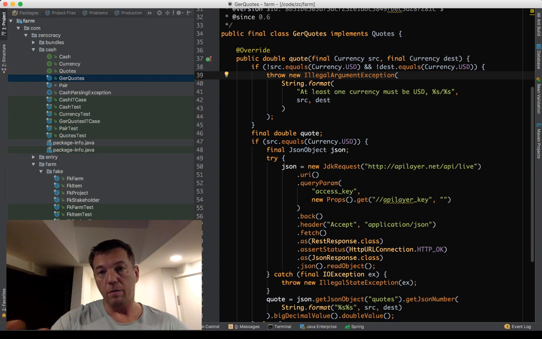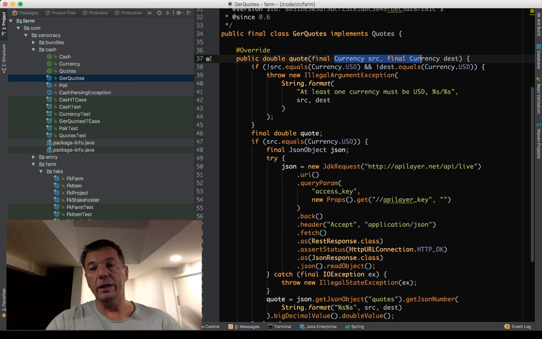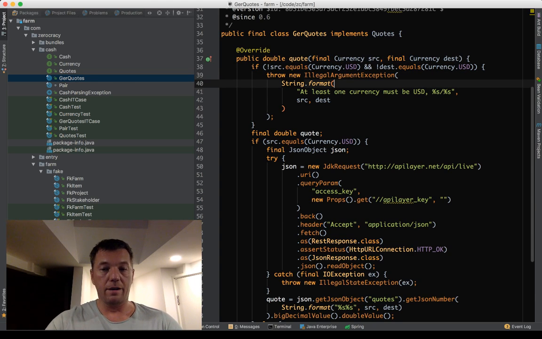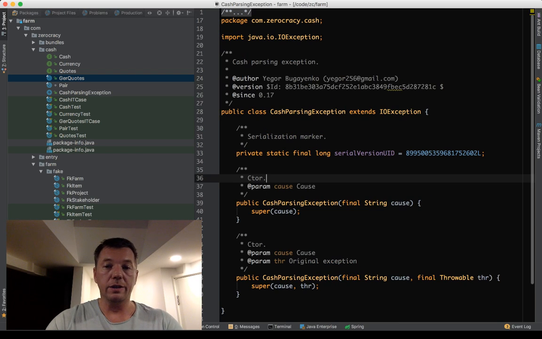And here comes the problem of reusability. For testability, we don't want that. We just catch the illegal argument exception. For example, we want to check that if you provide two currencies, then the exception will be thrown. So what do I do in this case?